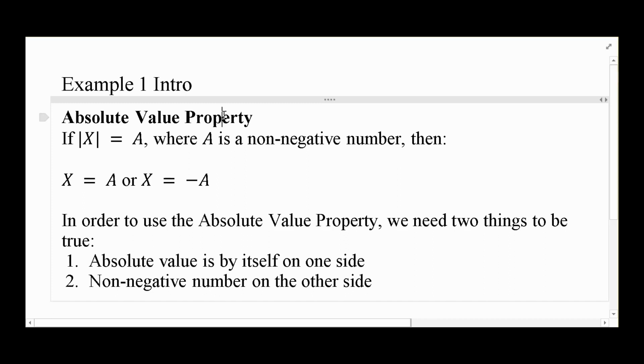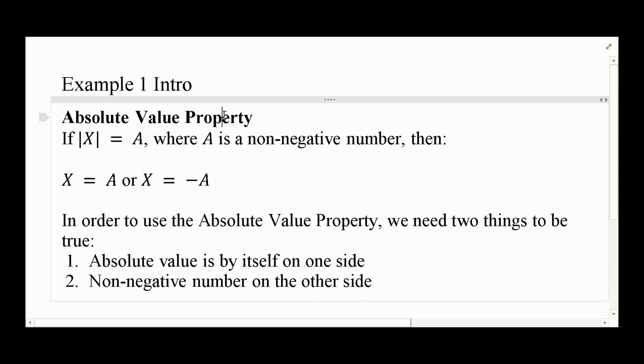I'm going to pause there for a second because there's a few things going on. Now, one thing you'll notice going on is that I use a capital X there. All right, Brad, you have a shift key in your keyboard. Way to go. Now, I use a capital X for a reason. Oftentimes in math, when you see a capital X, it means this could be an expression. This doesn't have to just be absolute value of x. Maybe it's absolute value of 2x plus 7 or something like that. That we have to have an absolute value of something with an x in it, and that's equal to a,